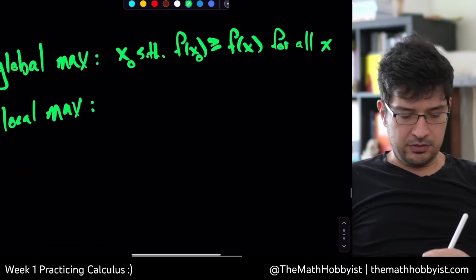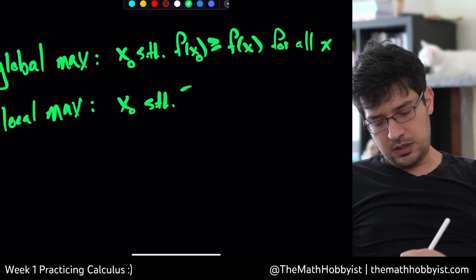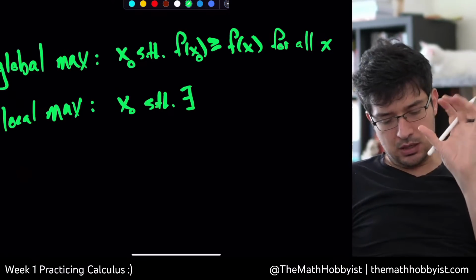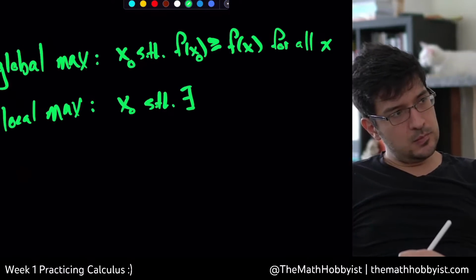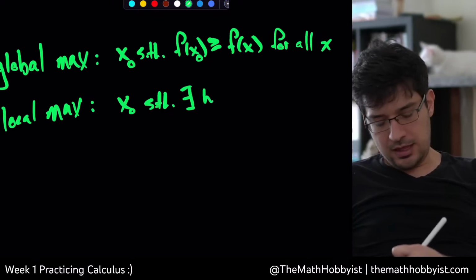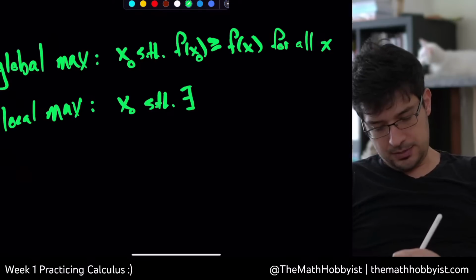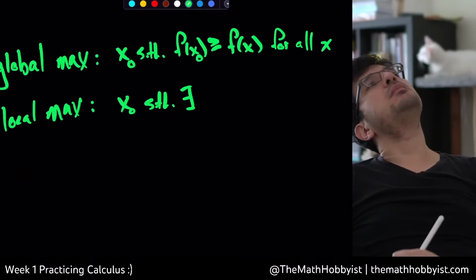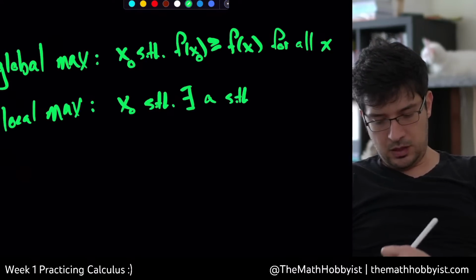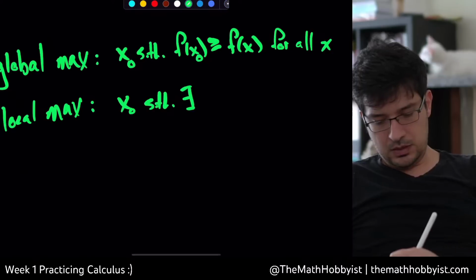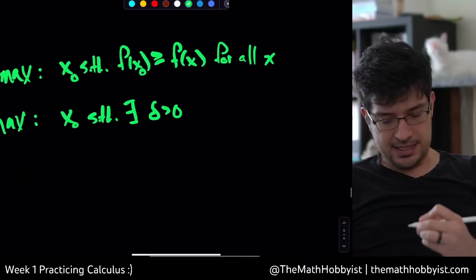A local maximum is going to be x naught such that there exists a ball around x naught, a neighborhood, I'm going to use delta. There exists a delta greater than 0